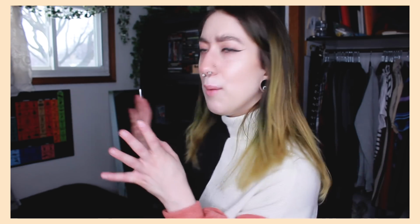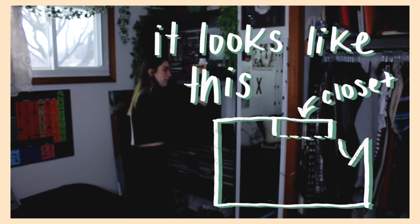And as a bonus, I want to give some tips and tricks because my room is very small. It's slightly oddly shaped. It is just like a normal square rectangle, but then I have this area right here where I don't know why it does this, but it's wall and then there's another section right here. So obviously I put that there. So maybe this will help you if you also have a small room or you just want to feel less crammed, less cluttered, maybe make the room feel kind of bigger